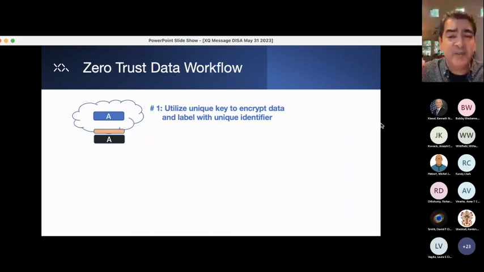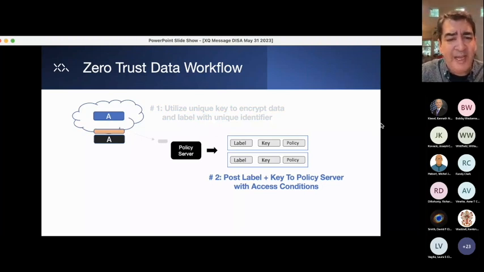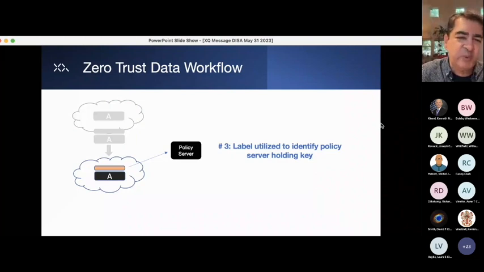There is no database entry that says what it is. The entry itself is a random number by design, right? Because you don't want the key encryption system to leak information. So that label, which is a random number, and the key, which is a random number, and the policy to access it goes to a policy server. Then the object moves from one network to the other, and the label tells the receiver what policy server to connect to. So then the receiver connects to the policy server, and the policy server can do things like identify location,